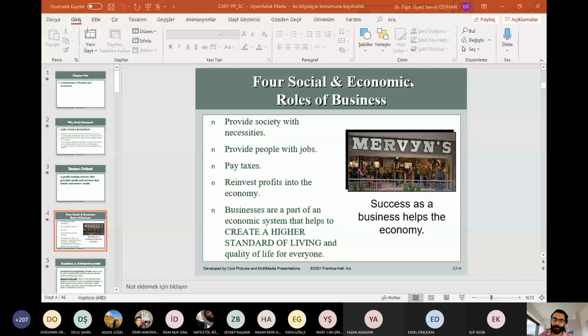They provide people with jobs, right? Maybe thousands of people work in profit-seeking businesses. If they didn't exist, many people would have economic problems, right? They pay taxes, they help governments to provide their social contributions, right? And they also